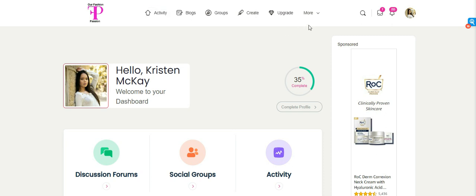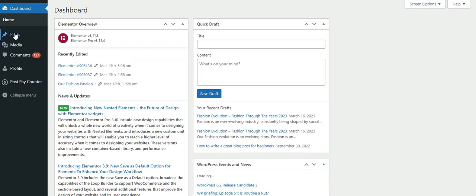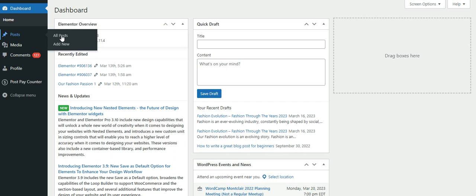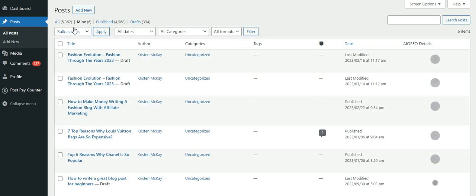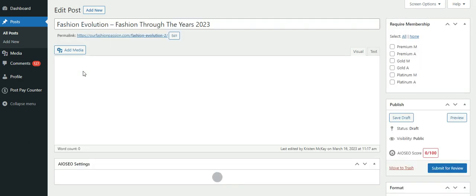Let's get started. Okay, for more, click on WP menu, and this is how you will access your WordPress editor. You'll see posts. Click on posts, all posts, and then click on add new. No, I'm not going to click on add new because I've already added this thing. So let's go to edit. And the title of my blog is going to be Fashion Evolution, Fashion Through the Years,